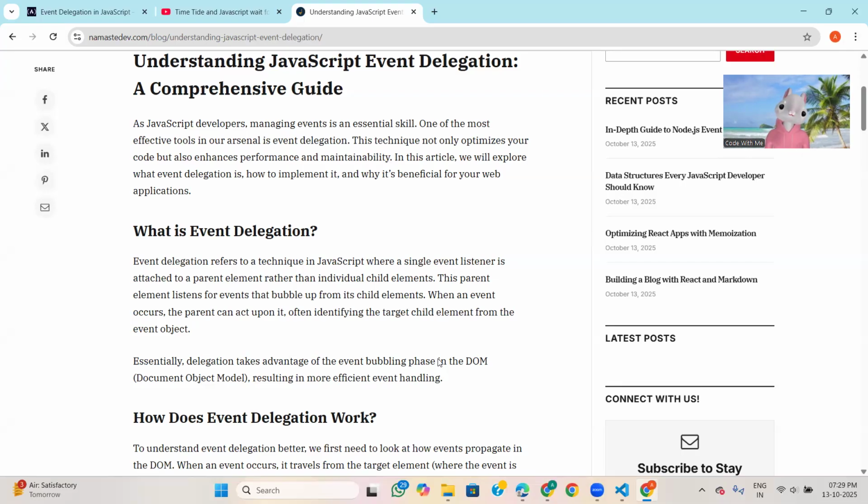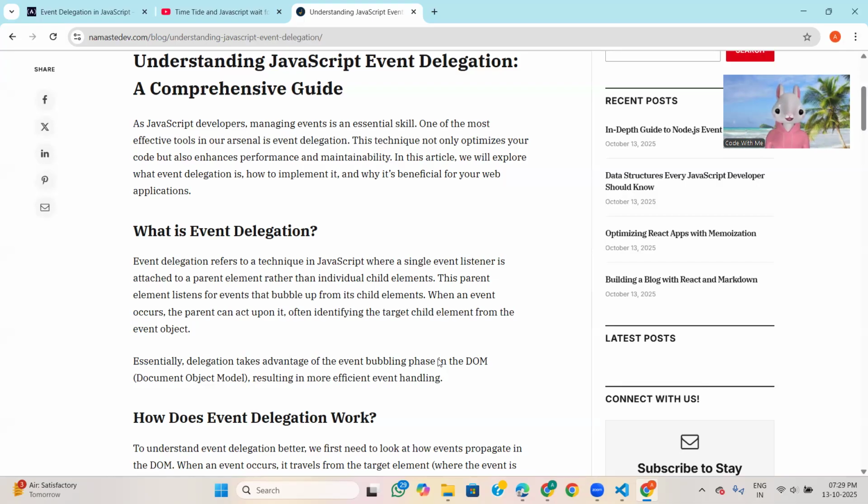So for this, event delegation comes into the picture. In the parent we apply the event listener, and by that the parent will listen to which child is calling. So we will write only one piece of code that will apply to all children. So this is the definition.